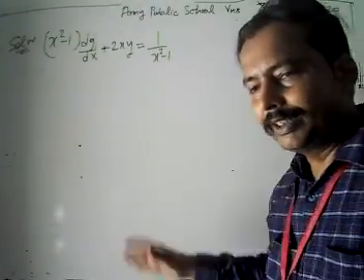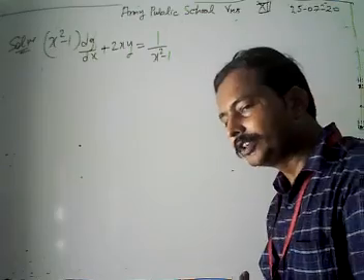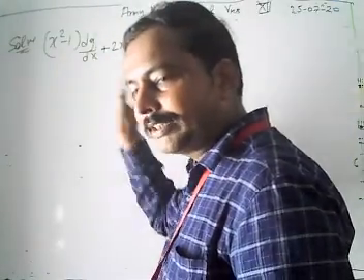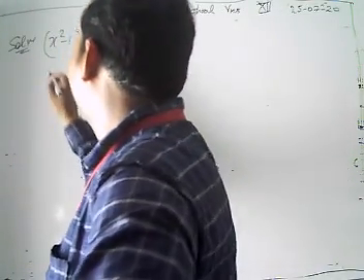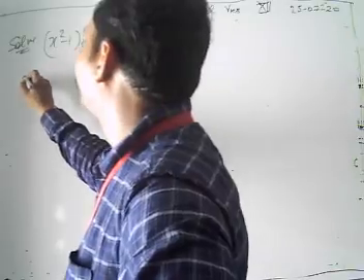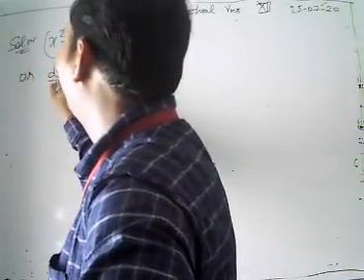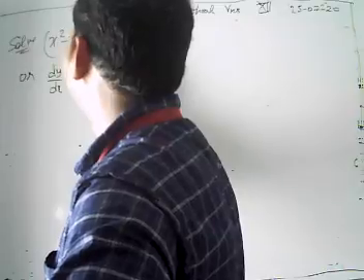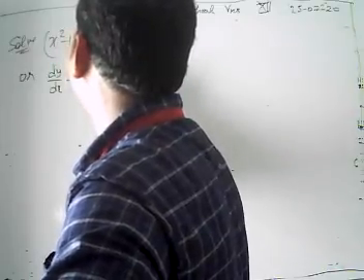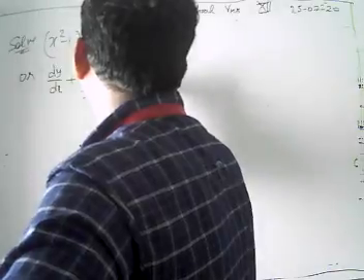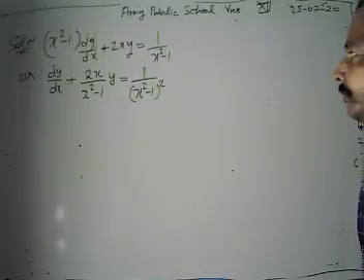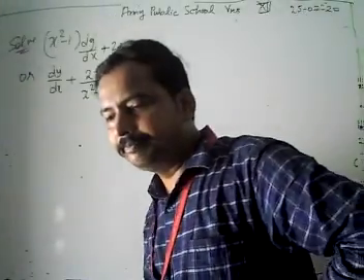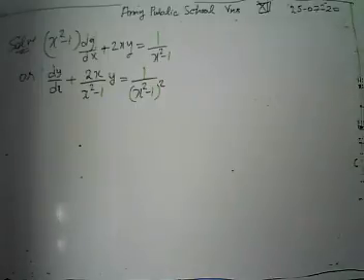Since we have discussed the linear format, obviously this is our linear differential equation. First we have to convert it into standard form, because in standard form the coefficient of dy/dx is unity. So we divide each term by x square minus 1, and now our equation is dy/dx plus 2x upon x square minus 1 times y is equal to 1 upon (x square minus 1) whole square. Now this problem is converted to standard form.